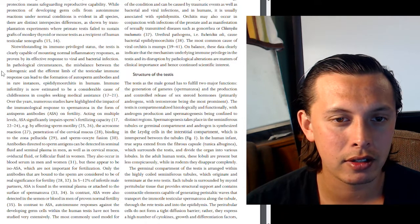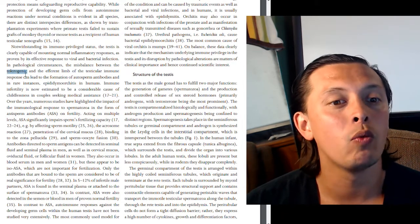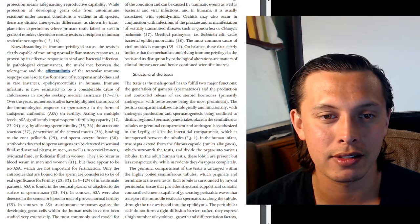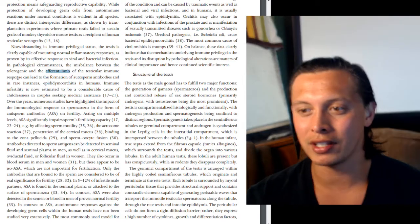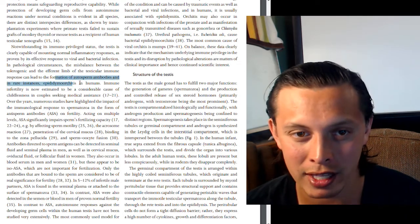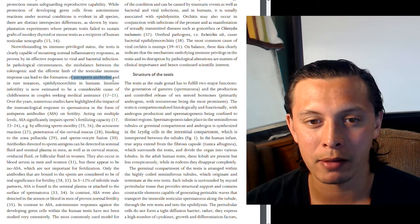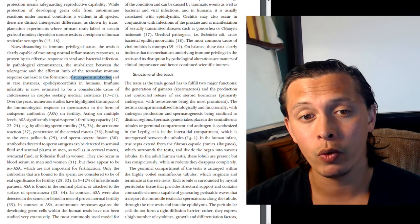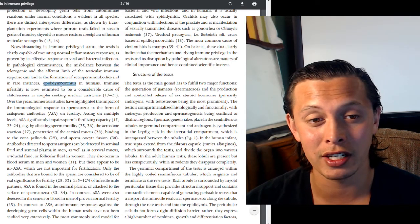But what I'm getting from this is that there is a push and pull between wanting to tolerate everything within the testes and the afferent limb, which I'm going to ascribe as the opposite of the tolerating aspect. And if there's a misbalance within that, it can lead to the formation of autosperm antibodies, so the production of antibodies against your own sperm, which I don't know about you, but that doesn't sound pleasant, especially in rare cases,